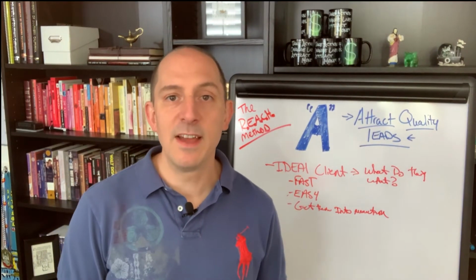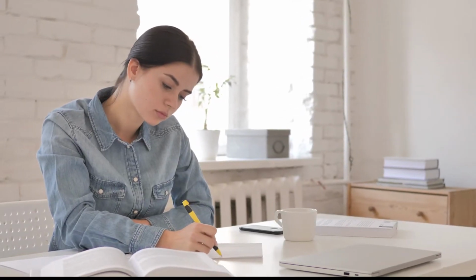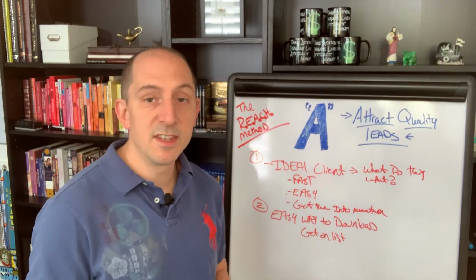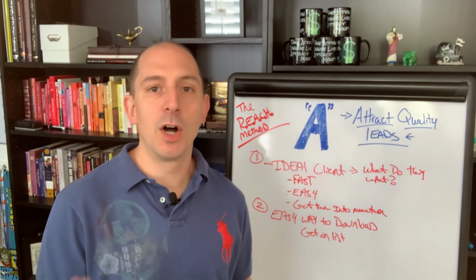Now, the other thing that you need, once you come up with what this is, it doesn't have to be anything fancy. If you're good on video, shoot a 5 to 10 minute video. If it is something that you're really good at writing, write a little ebook, right? Go to Canva and write a little ebook and make it downloadable. Now, the second step to this is that they have to have an easy way to download it, and it has to get them onto your list.